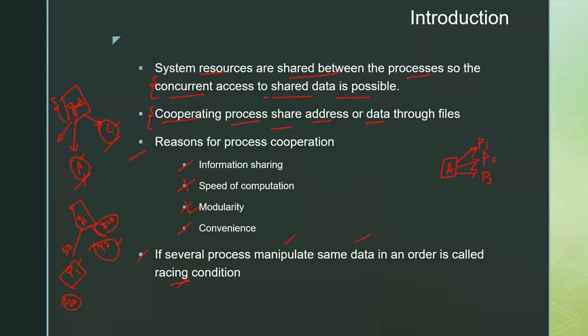Okay, when they are trying to manipulate the same data, we will be using something like priority, or the order. So the order in which the processes have started, according to which we can execute the request given by the user, is how this is handled in a race condition.